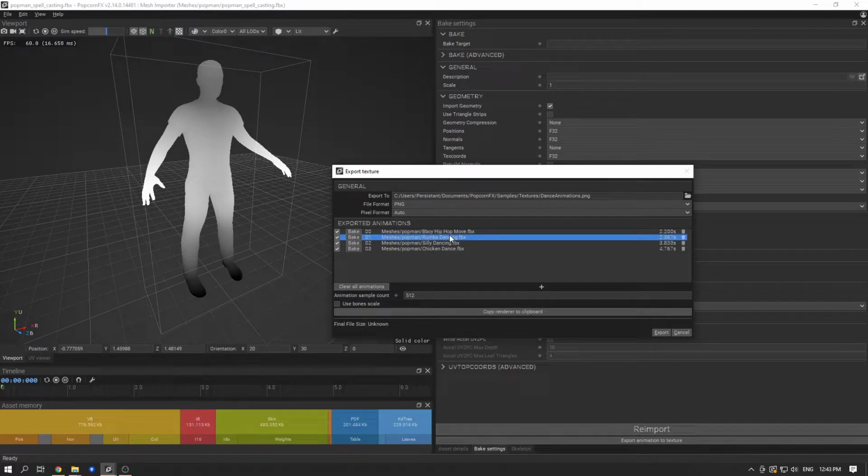For example, just do as you wish depending on the effect you want to do. So here, index 0 will be the hip hop, 1 Roomba, 2 silly, and 3 the chicken dance. Next, we need to choose a file format for the texture, and by default it's a PNG file format, which